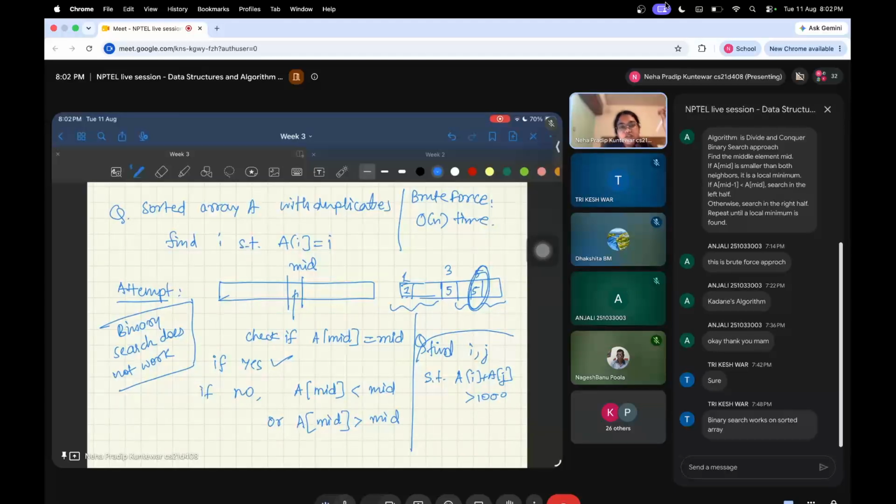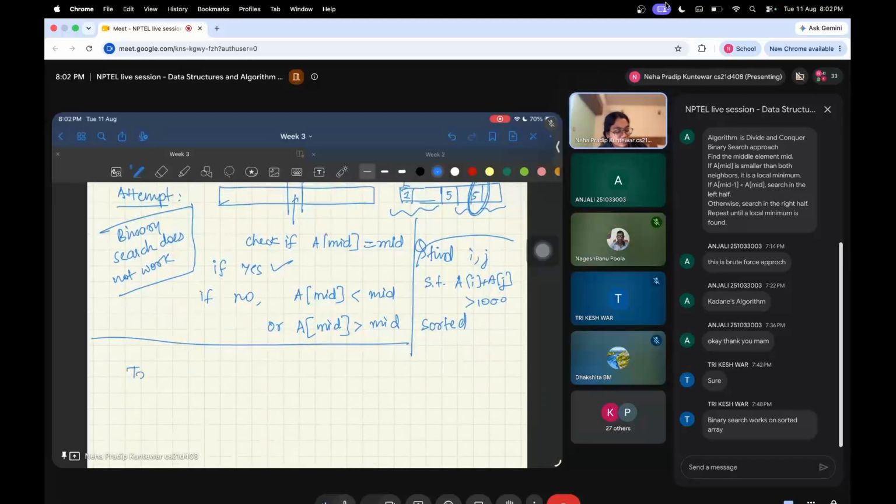Okay, so the trivial thing would be order n square. You want to do order n. Ma'am, it's n elements now. So we have to find the two elements of the array so that the sum is greater than 1000. Yeah, so your array is sorted. I'm saying the trivial algorithm would be that you go through all choices of